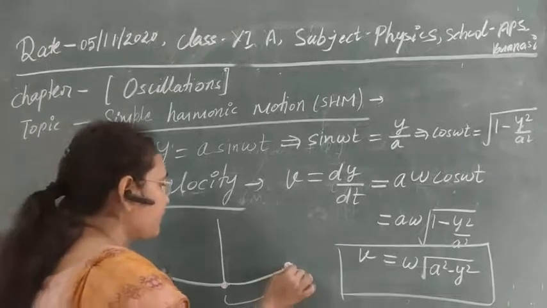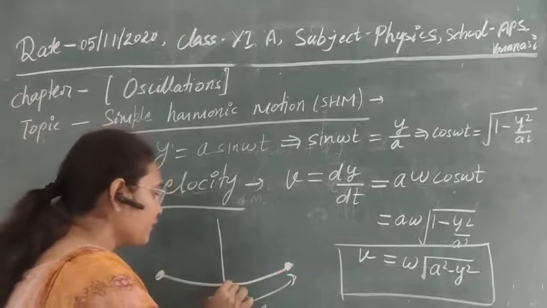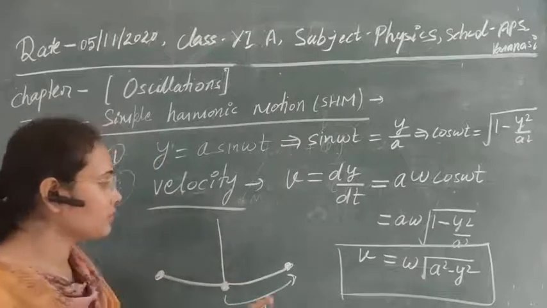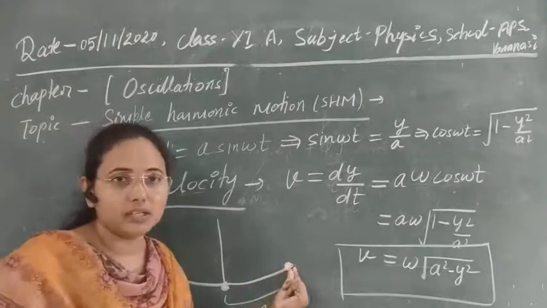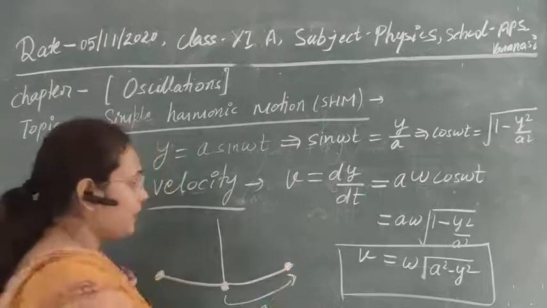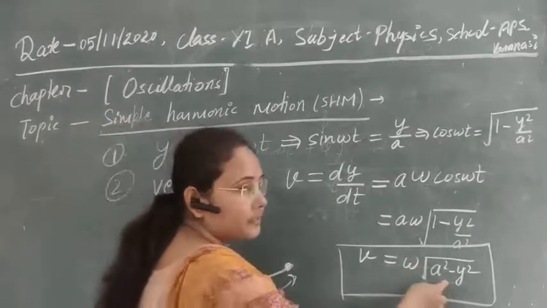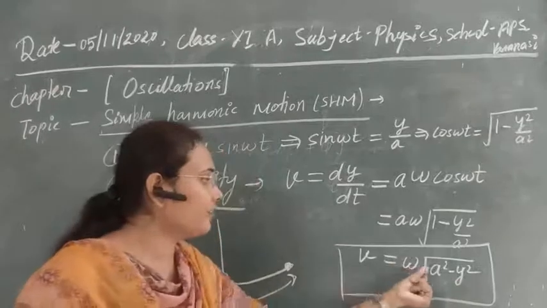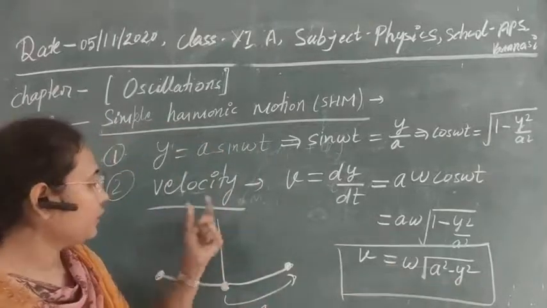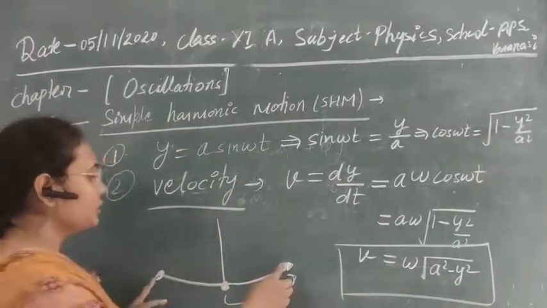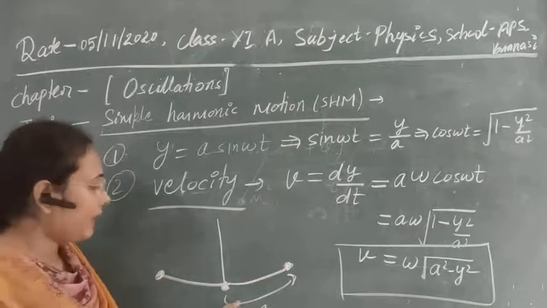After this point, it will return to its equilibrium position, its mean position. So definitely the velocity will be 0 here. At this point, as y is equal to a, if you put y equal to a, then we will get velocity 0. So the velocity of simple harmonic motion is 0 at the extreme points,